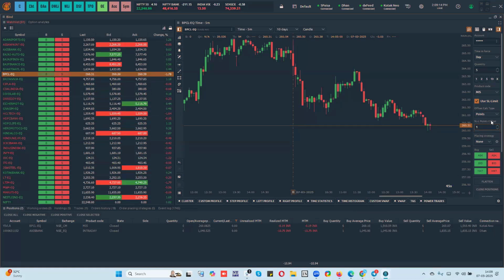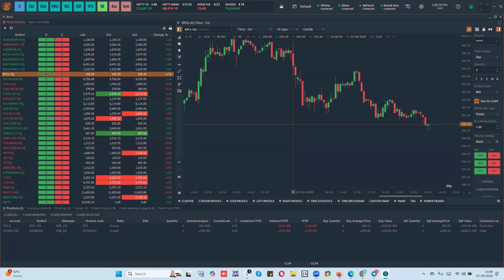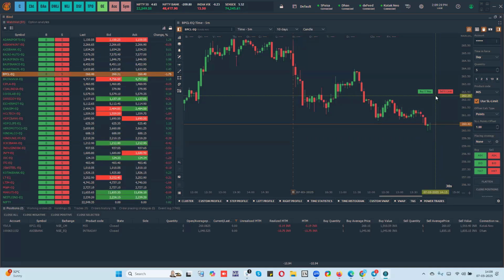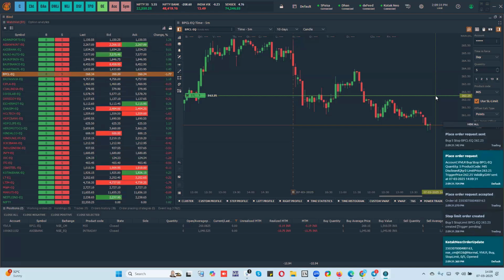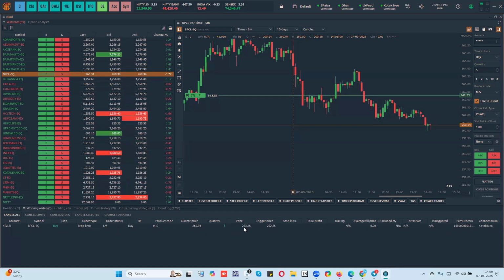If I do 1 point here, this will be nothing but placing a trigger price and the limit order. For example, I've selected 1 point here. If I click here now, I'm placing a buy stop at 262.25, this will become my trigger price. But your order will be up to the limit by 1 full point because I've selected 1 point here.